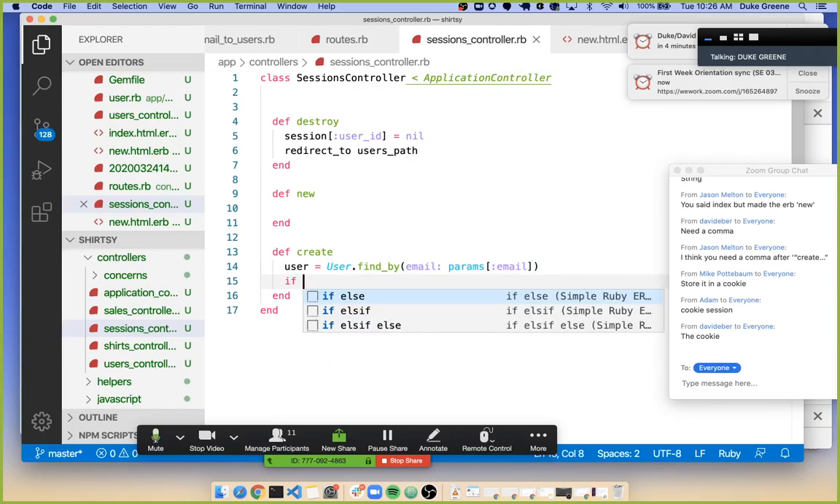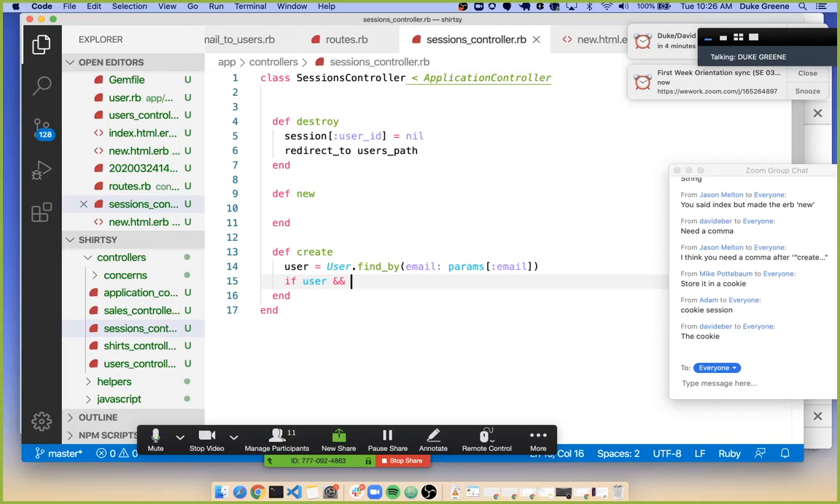If we have a user and we have a user that we can authenticate. I can't just say if user.authenticate, because if I do that, what if it comes back as nil? What if somebody mistypes an email? Then I wouldn't have a user at all, so I can't call .authenticate on nil. So I need to do two checks here. If we have a user and we're able to authenticate the user by providing what the user gave us as their password attempt,